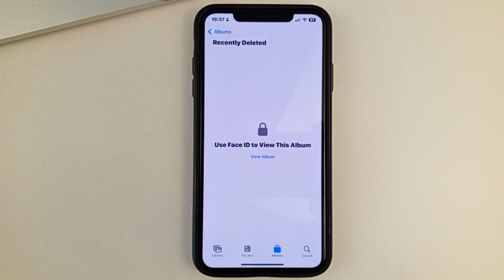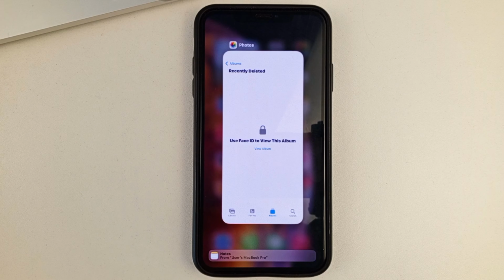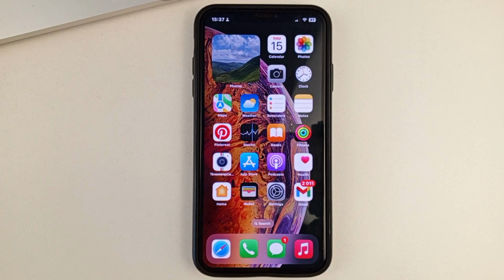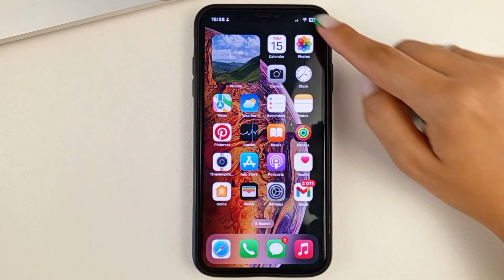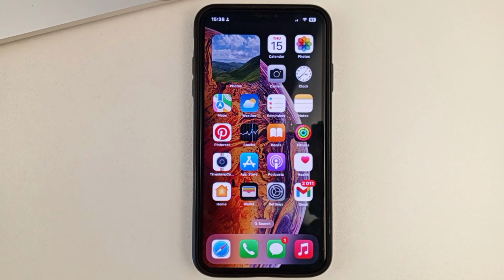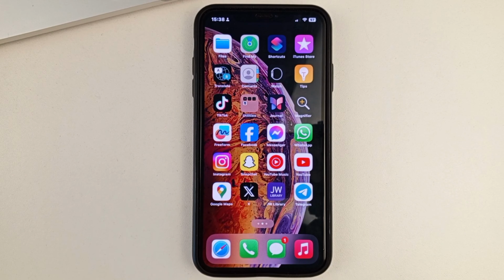So friends, let me tell you right away that on any iPhone you will be able to find two baskets. The first cart is your gallery, which you can find in this app. And the second garbage can is from the Files app. So friends, let me show you how to find each of them.